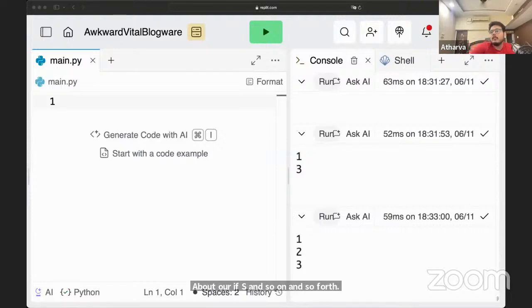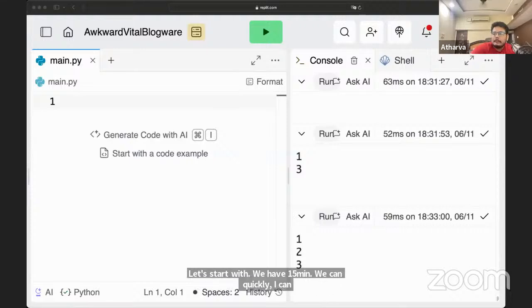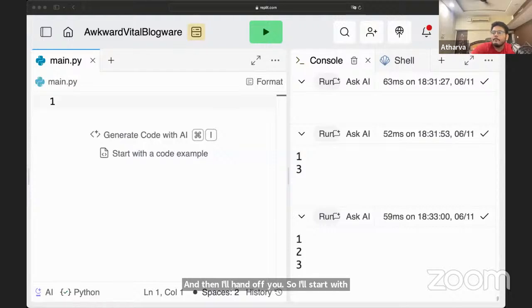Let's start, we have 15 minutes. I can quickly go through functions and then I'll hand off to you. I'll start with the introduction of functions, and then we can do an exercise.